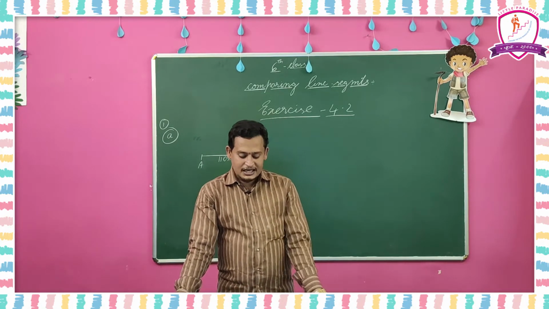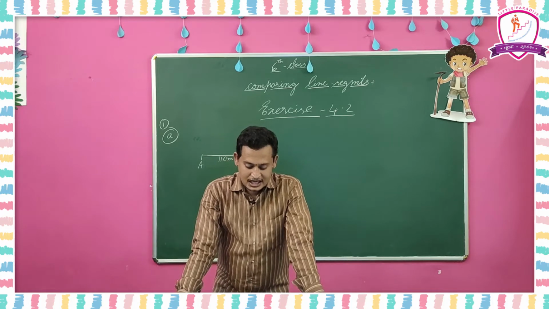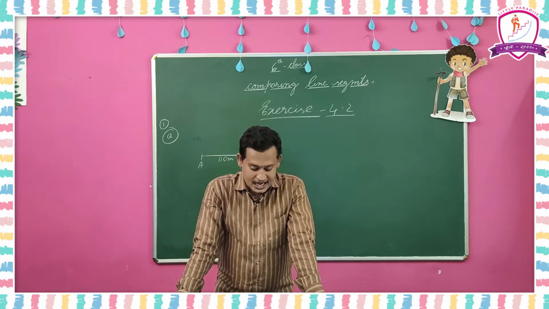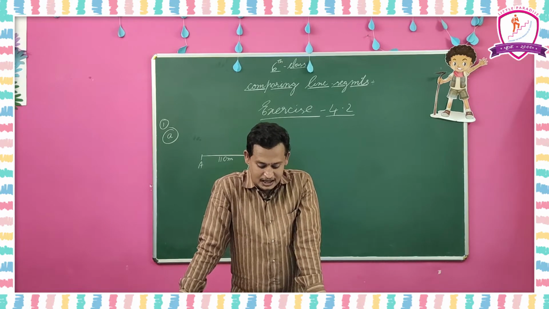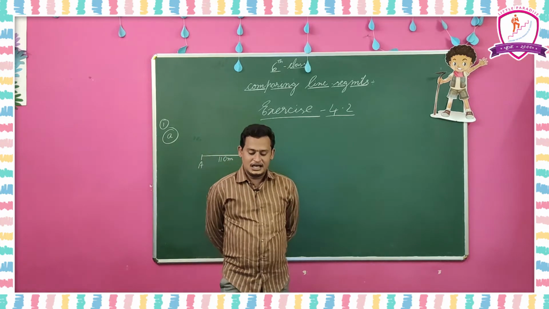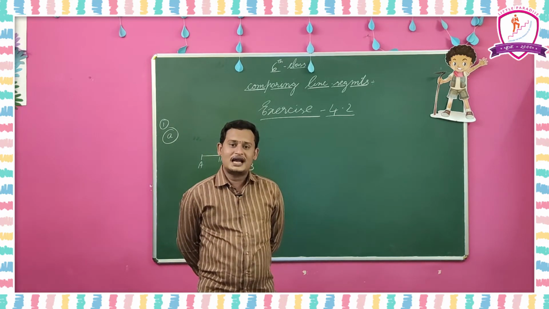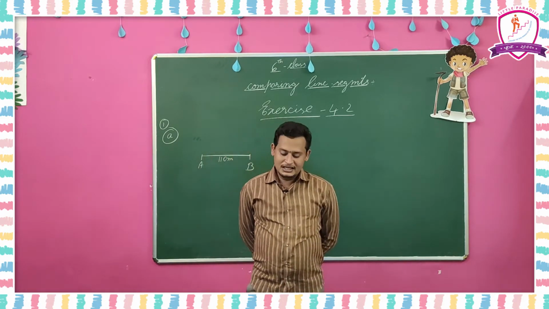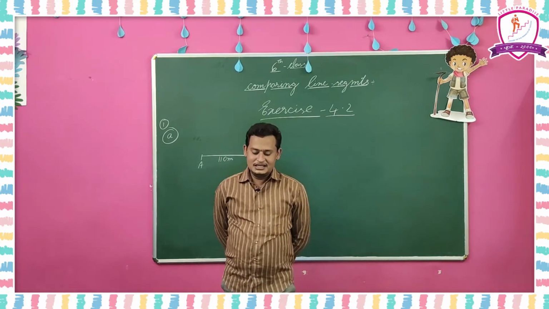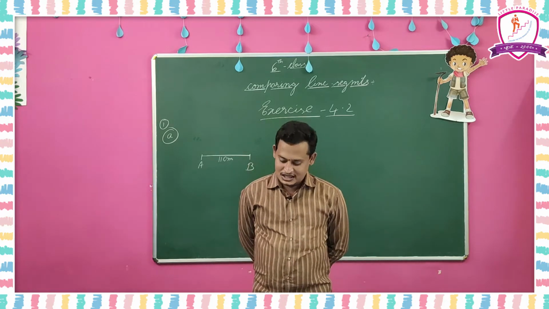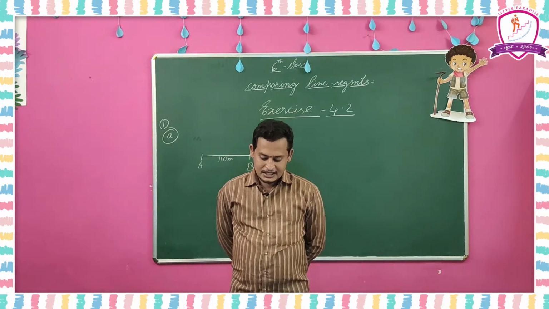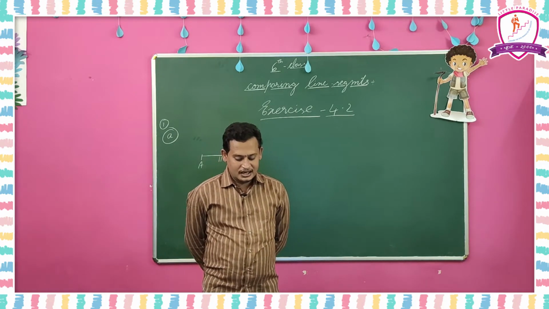Measure the following line segments using a ruler and a divider and write them in the ascending order of their lengths. So you have to find the measure of each and every line. Here four line segments are given. So for these 4 line segments you have to find the lengths. So what is the length of AB, CD, EF and GH also? Find those lengths using the divider. Only the divider you have to use.